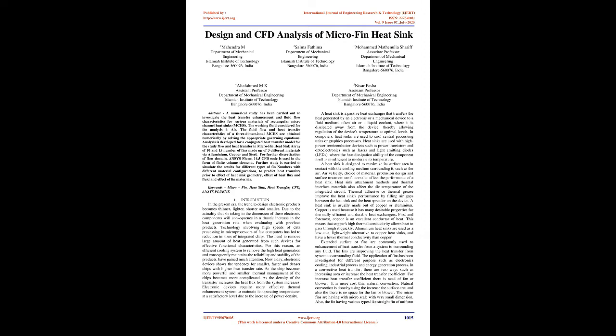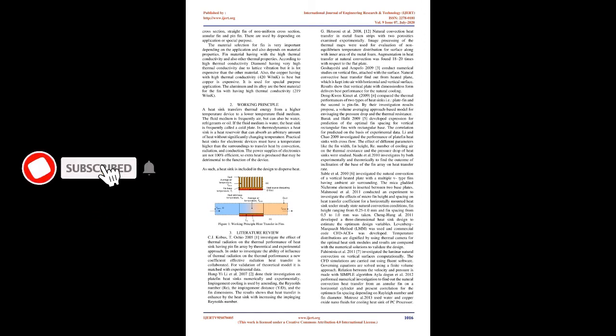Extended surfaces or fins are commonly used for enhancement of heat transfer from a system to any surrounding fluid. The fins improve the heat transfer from the system to the surrounding fluid. The application of fins has been investigated for different purposes such as electronics cooling, industrial processes and energy generation processes. In convective heat transfer, there are two ways: increasing the area or increasing the heat transfer coefficient. To increase the heat transfer coefficient, there is a need for a fan or blower. It costs more than natural convection. Natural convection relies on increasing the surface area, and also there is no space for the